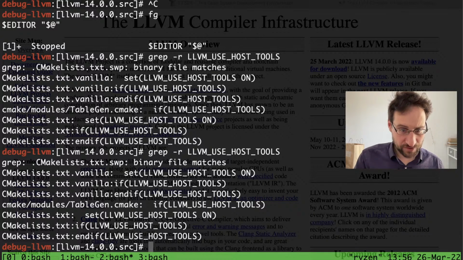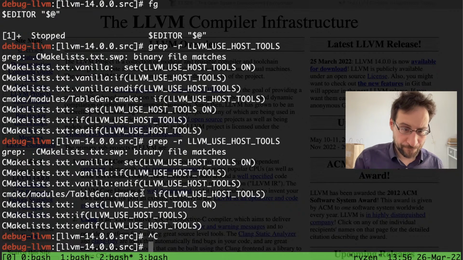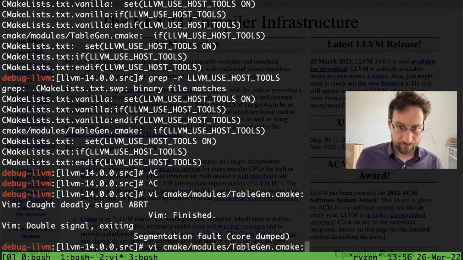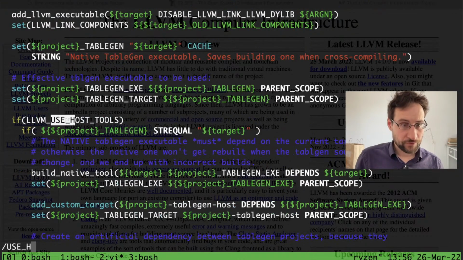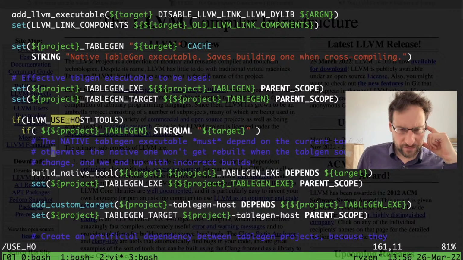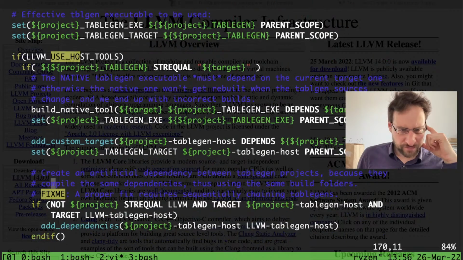Yes, also table gen. Here, what do they have there? Use host tools. Native table gen must depend on the current target, otherwise won't get rebuilt.